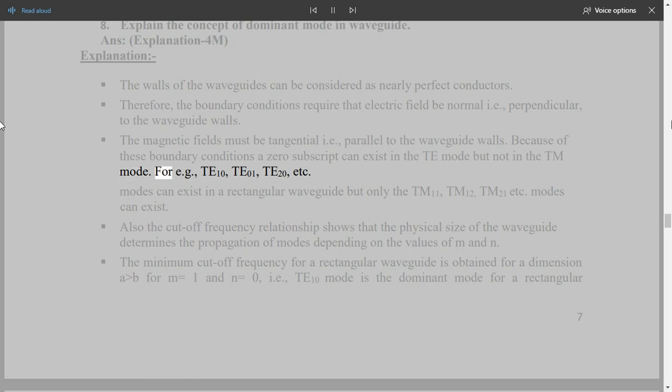For example, TE10, TE01, TE20, etc. modes can exist in a rectangular waveguide, but only TM11, TM12, TM21, etc. modes can exist. Also, the cutoff frequency relationship shows that the physical size of the waveguide determines the propagation of modes depending on the values of m and n. The minimum cutoff frequency for a rectangular waveguide is obtained for dimension a greater than b, for m equals 1 and n equals 0, i.e., TE10 mode is the dominant mode for a rectangular